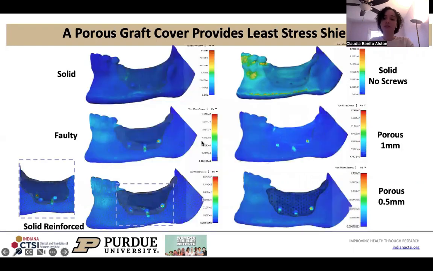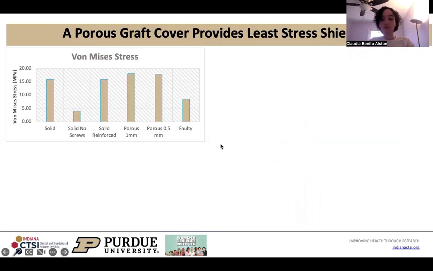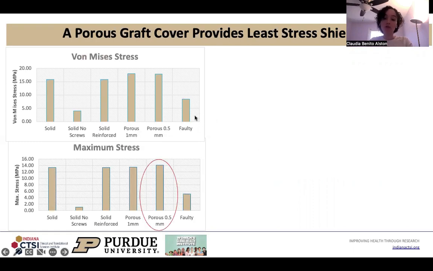First, we created 6 different models: a solid model with no screws, a faulty model, both 1 millimeter and 0.5 millimeter porous cover models, and then a solid reinforced with screws on both sides model. The von Mises stress demonstrated that none of the materials would yield since all the values were below the yield strength of the materials themselves. The highest maximum stress was found on the 0.5 millimeter porous cover